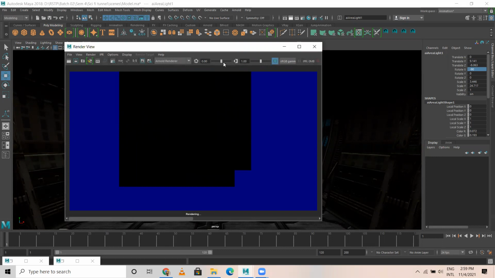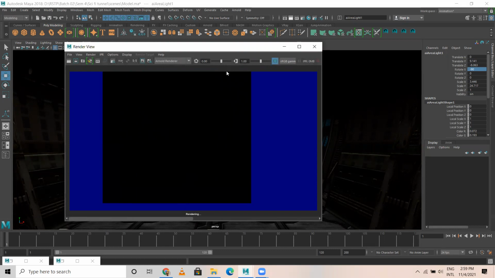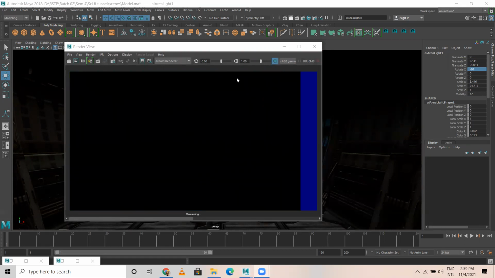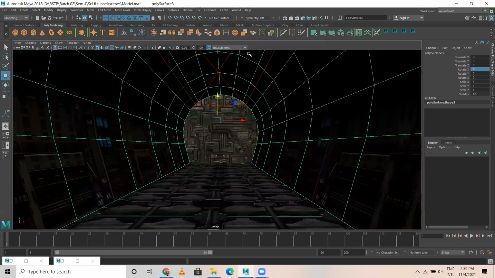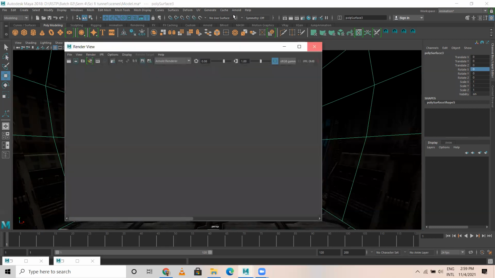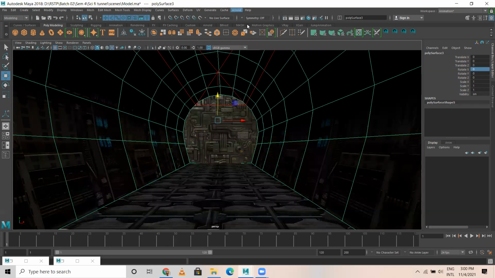Let's see what output we get here. It is taking a bit of time to render, but still it's okay. It's worth the wait. Now here everything looks dark. Okay, where is it? It's better I go for the Arnold render view.